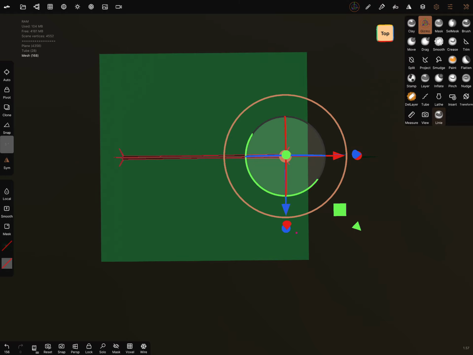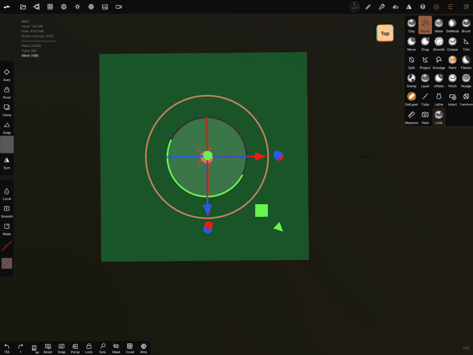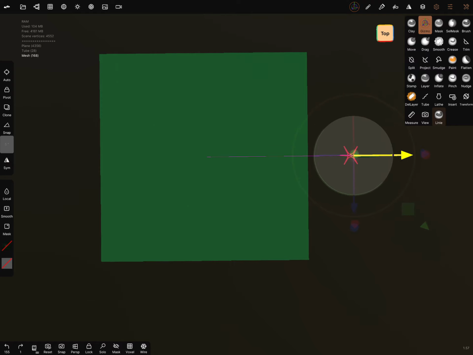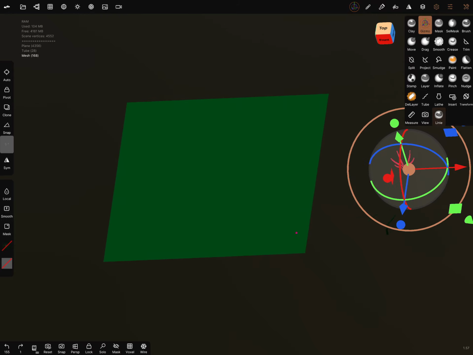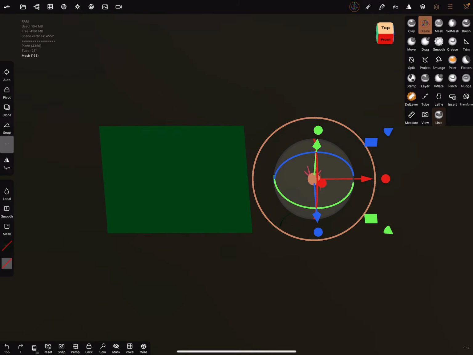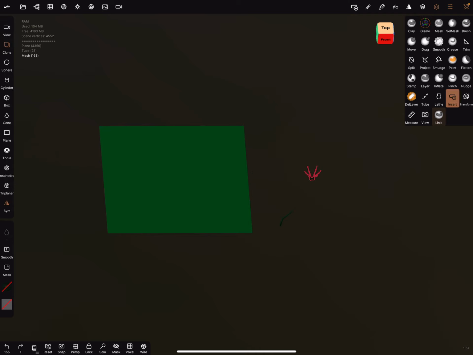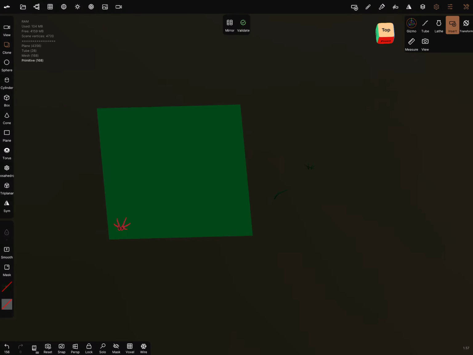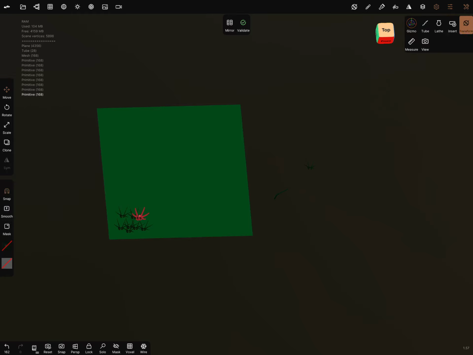Oops, that's not what I wanted. Symmetry is off. I bring it to the side and I use the insert tool again, switch symmetry off, and now you can place here a few of the grasses on the plane.